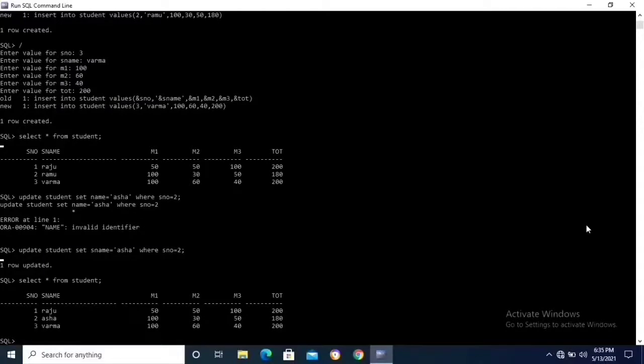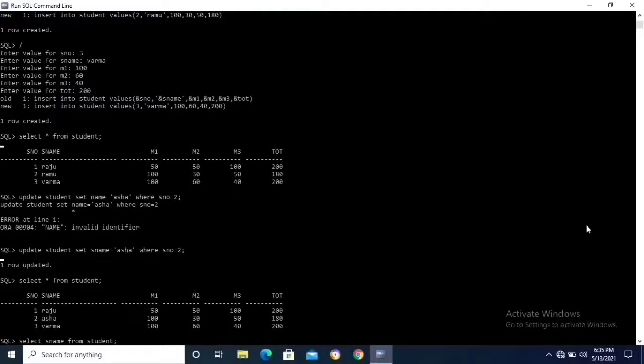Select command. In select, retrieve a single field in the table. That means the command is select student name from student, semicolon.